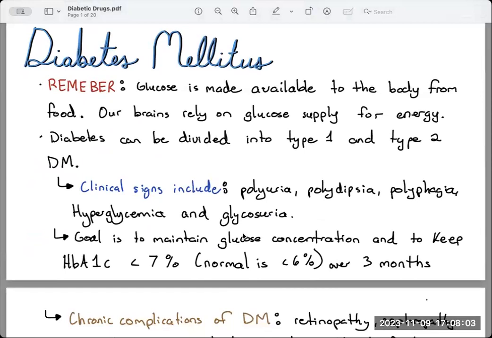Now, like I said, the three Ps are very common characteristics of diabetes mellitus. And like I said, diabetes has to deal with this problem with the sugar because there's a problem with insulin. Either they're not making enough insulin, they don't have any insulin, or they have insulin resistance. So type 1 diabetes is when we have pretty much little to no insulin. Whereas type 2 diabetes is more or less a resistance to insulin. So they have it and they are just not able to use it properly. And that's due to lifestyle issues and diet issues